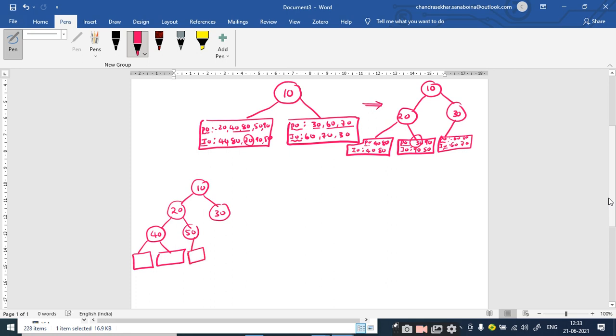What happens to the 30, which has only a left subtree, and what is the root node? 60, sir. So going to the in order traversal, does 60 have any elements before it? No, sir, you have to go towards its right hand side only. Right.